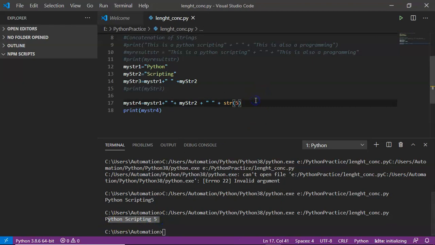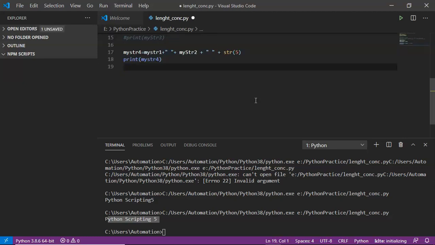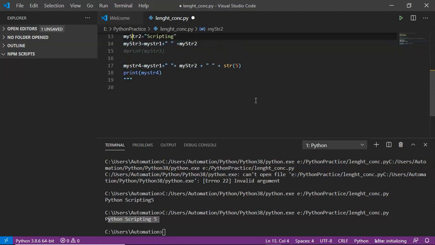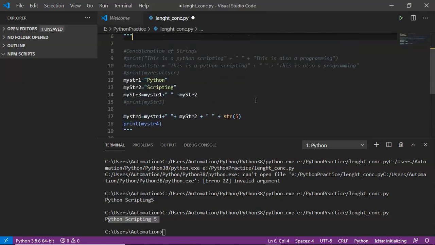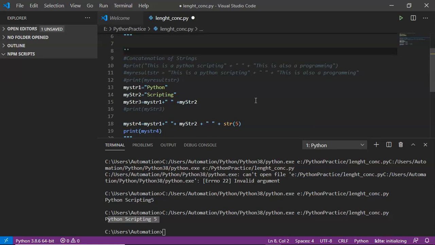So be clear, while adding your number into a string using concatenation concept, always you have to convert your other data type into a string. Okay, that's fine. And we are also having one more way to concatenate strings, that is using format or f strings. Now here, let me go with a simple way. Anyway, in our next video, we will see in detail about your format and f strings concept.